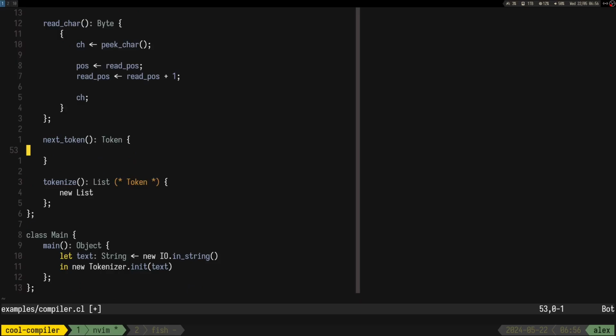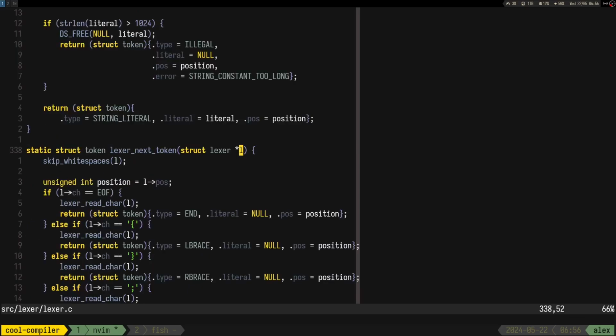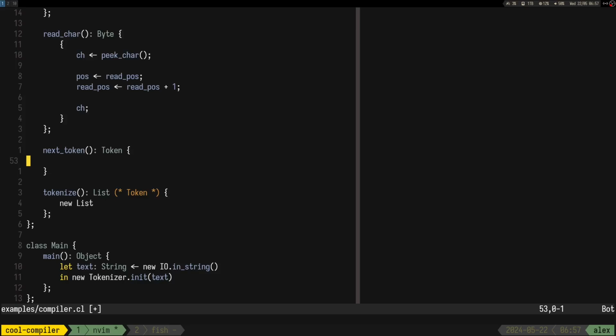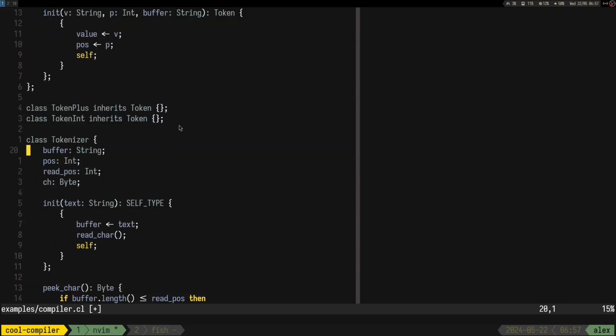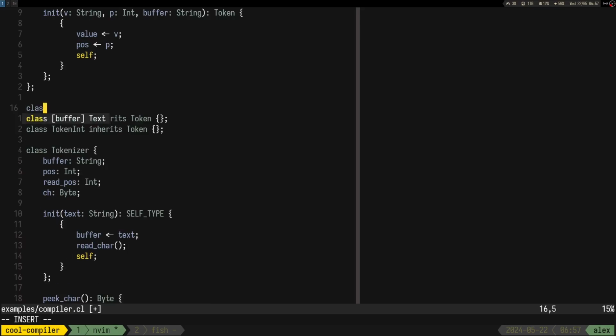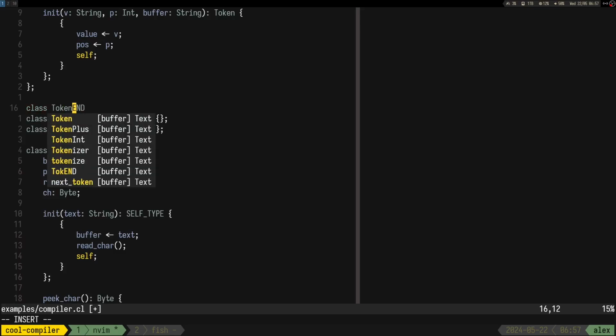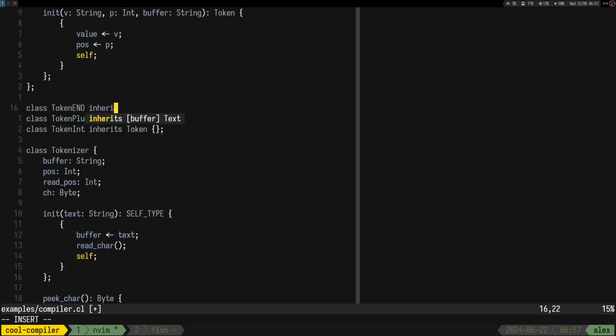It returns a token, and we can have more tokens in here. For example, class end, I guess token end inherits token.